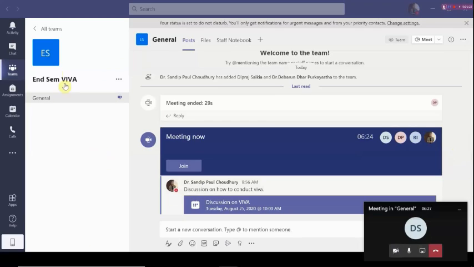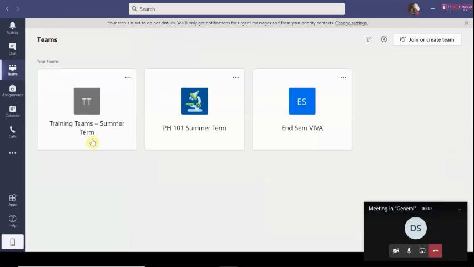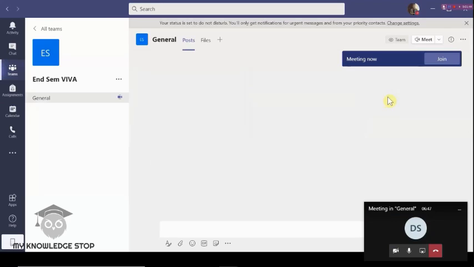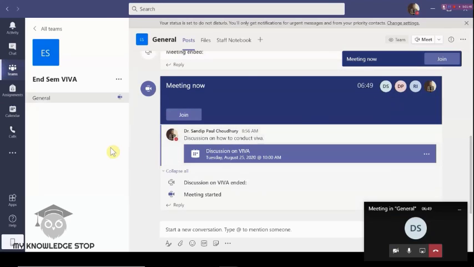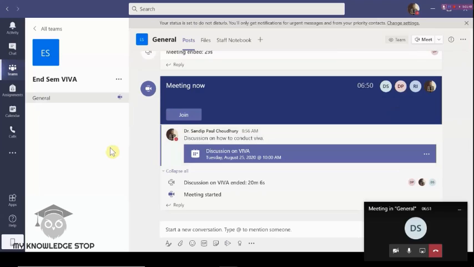Whenever we are logging into Teams, most of the time you will have this view. This is the view that you are basically going to have, and we can create different teams here. If you are confused about how to create it, sometimes you will be in a room. Let's say I'm in this particular room and I want to go to this view, that can also be done. If I want to go to this create team option,